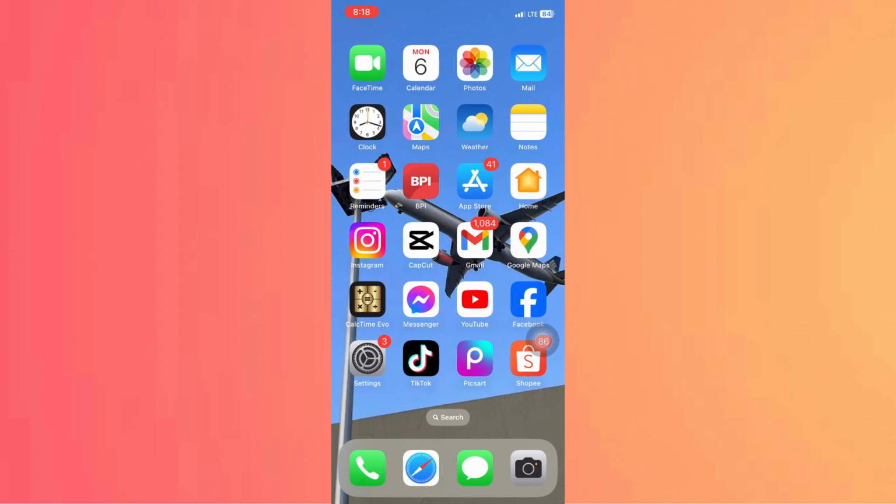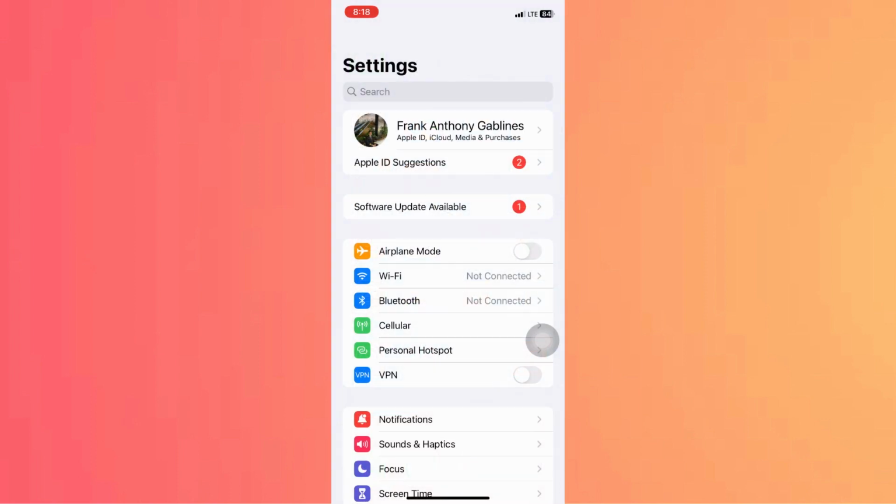If you want to be able to listen to songs with explicit content or curse words, I'm going to show you how to turn off the filter that might be preventing those from playing. Now you're actually not going to open up Apple Music. You're going to open up your settings on your phone here, and what we're going to do is tap on